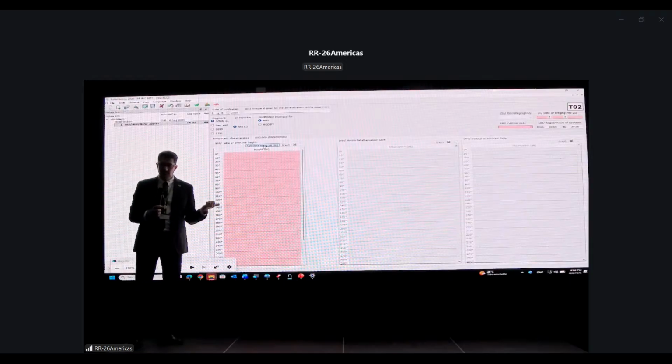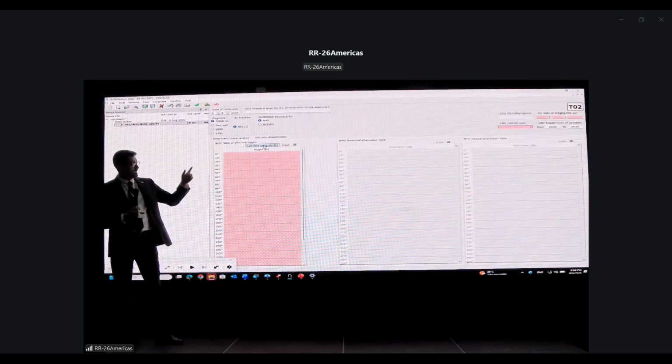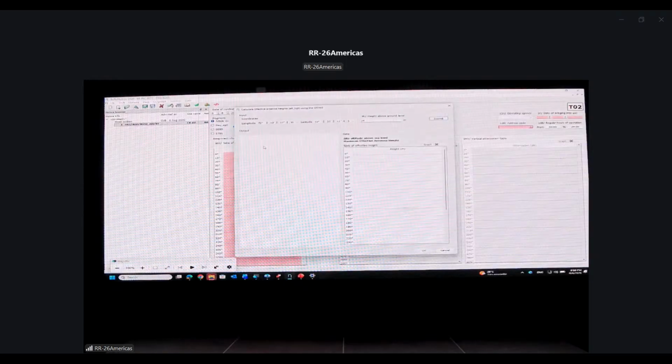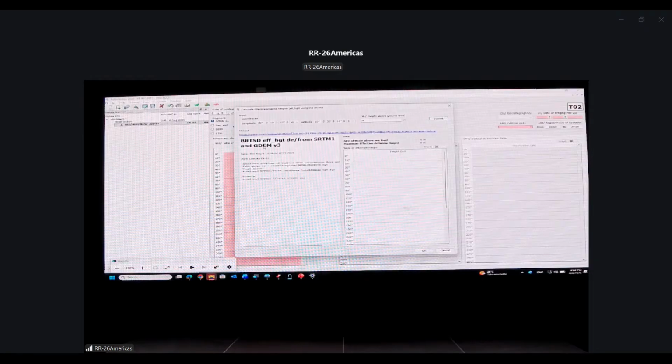Height above ground level, we have already entered 24 meters. Location is already known. Now we click on that button. You see, now, as we click on submit,